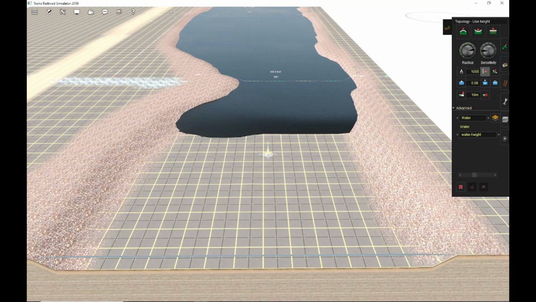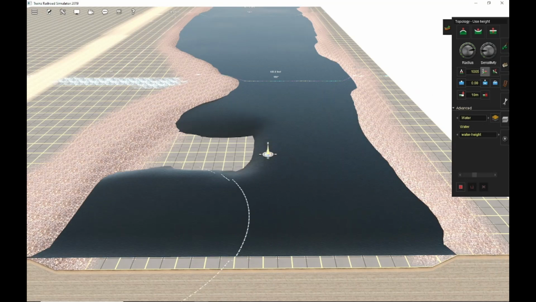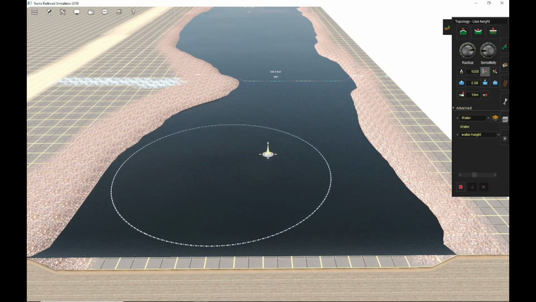Next, we'll use the topology tool to add water. Water will be 3 meters lower than the land. It's May, so roughly spring flood. So basically we're just selecting the water function. We put in a height of 1005, drag our cursor, and we get water that is 3 meters lower than